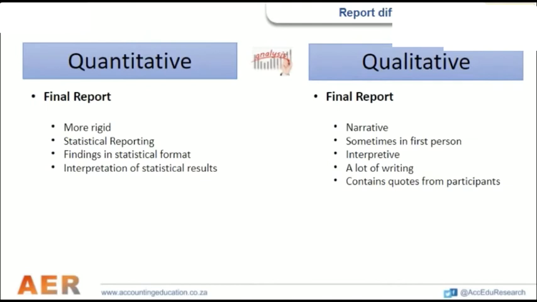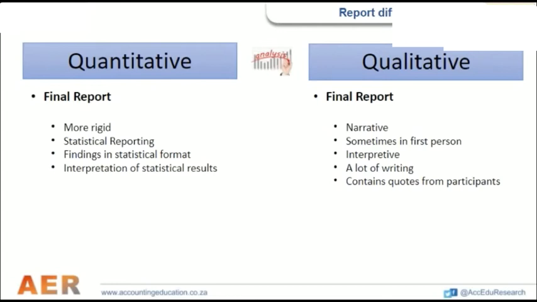Okay, in this slide, I'm just going to quickly be discussing with you the differences between your reporting, so your actual findings. How does the final report differ between the quantitative versus the qualitative research methodologies? If we look under the quantitative research methodology approach, your report will normally be a lot more rigid. It's going to have a lot of statistical reporting in it because your findings will generally be based in a statistical format, and that's because your data was in numbers, and so obviously to analyze your data you make use of